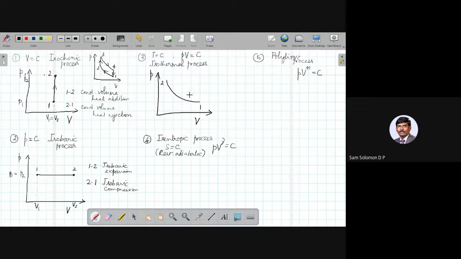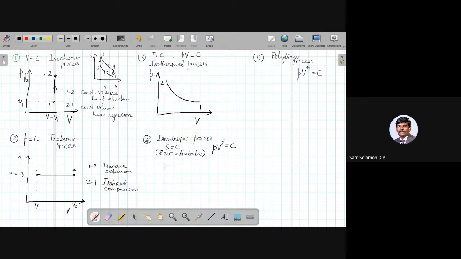Okay. So nothing else. You won't have something like this. There is no linear line, or a line like this. You're not going to have something like this. You are going to have only three curves. Either it is a horizontal line, or a vertical line, or a curve. Okay, so only these three. And maybe in some problems they show you some linear curve, that is a hypothetical situation. But for these processes that we see, you have either a horizontal line or a vertical line or a curve.